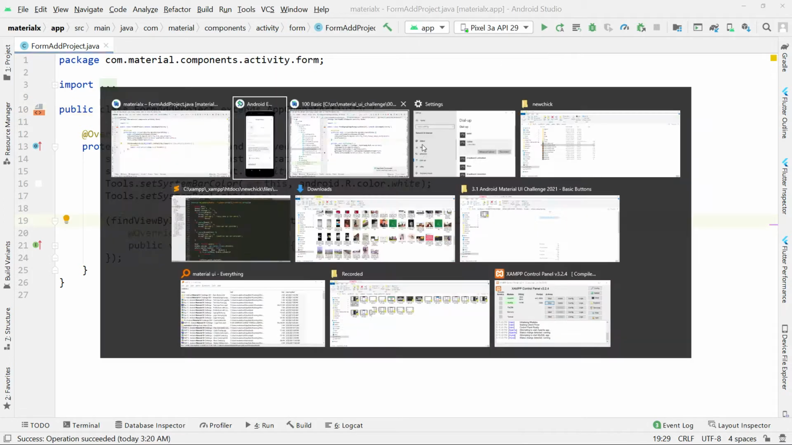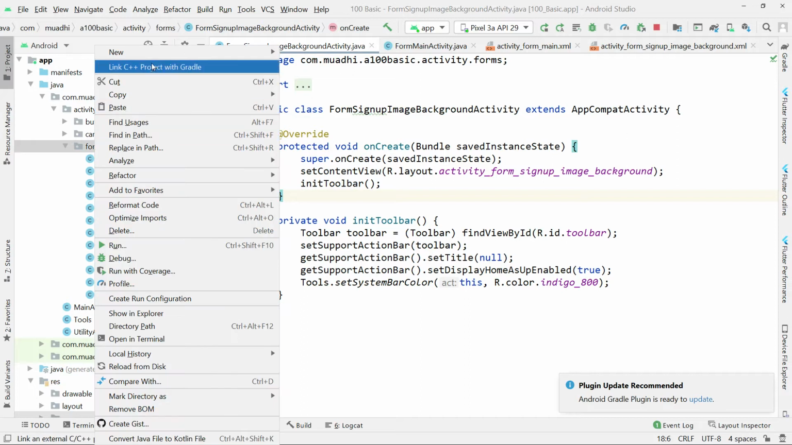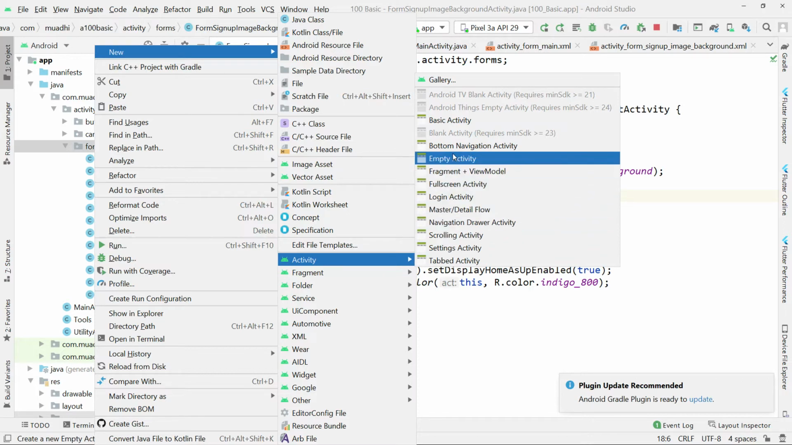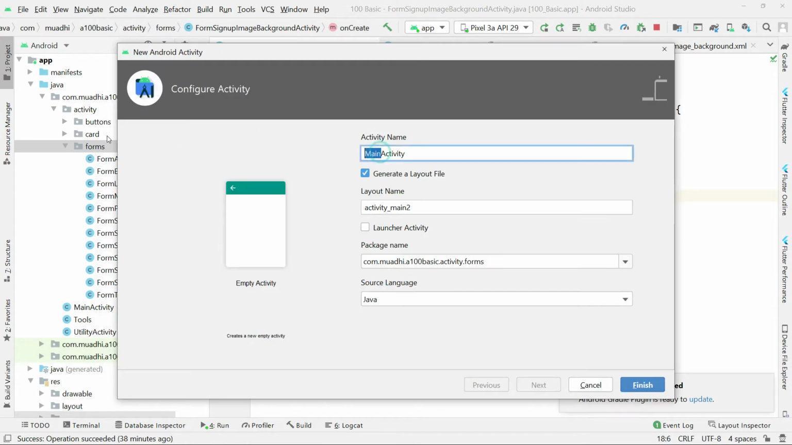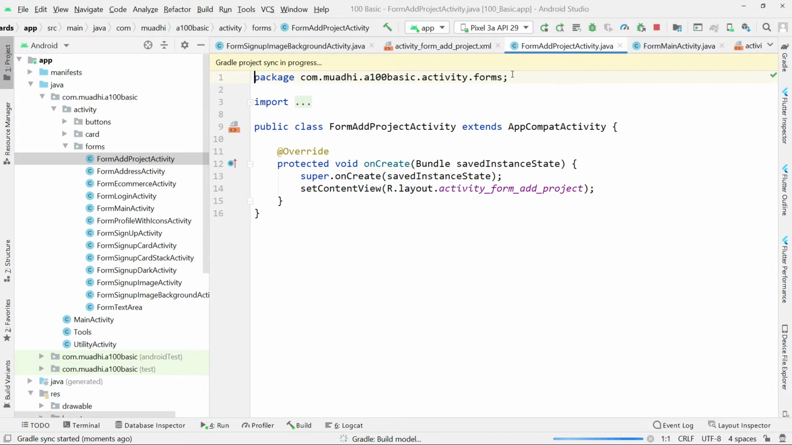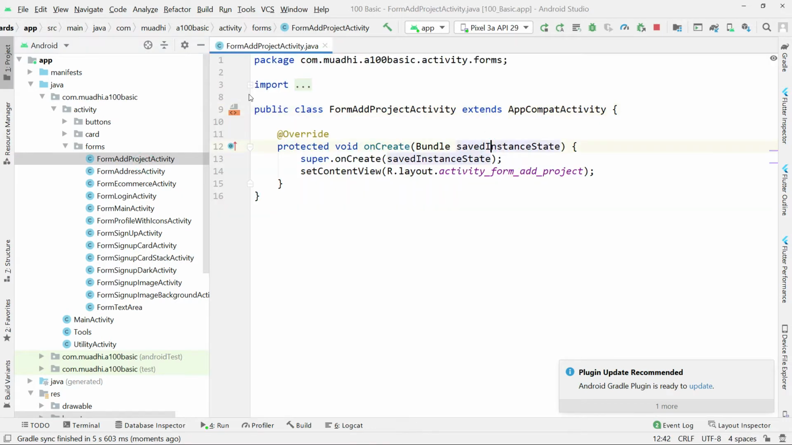I'll go straight to my project, and I'm going to right click there and say new, and then come to activity, and then say empty activity. I'm going to call it form add project activity. For example, when you're adding a new product in your e-commerce application, you can use this kind of form to collect the information of a new product. So let me close everything, and then I open this form that we're going to work with,